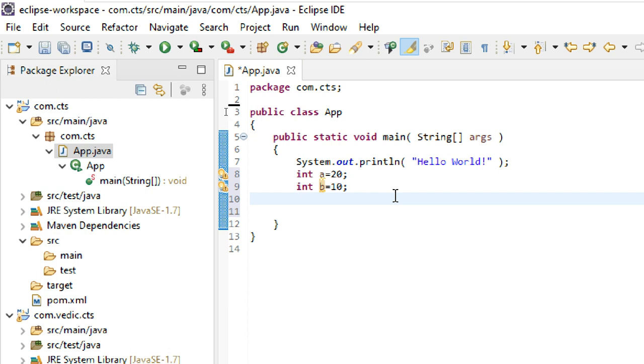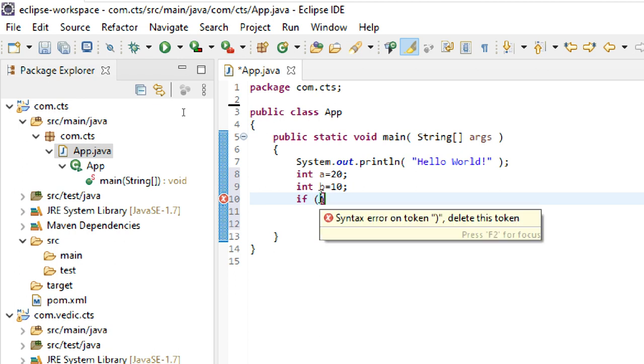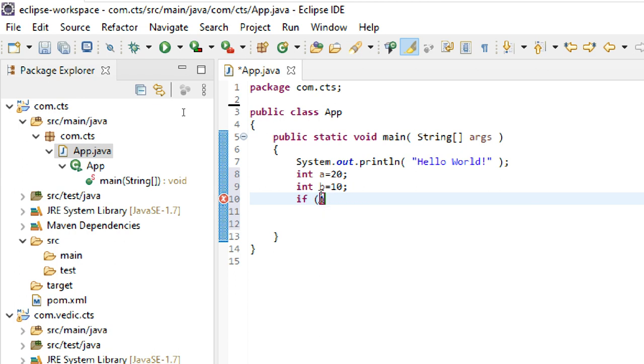Okay, not used. Okay, I will use it, no problem. If a is greater than b, why is something going wrong? Round brackets. Round brackets. a is greater than b.